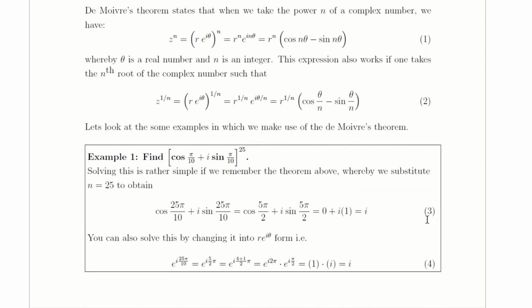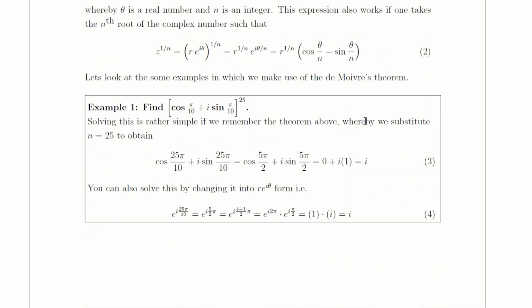So let's go to the first example. They give you cos π/10 plus i sin π/10, and the whole thing you're going to take to the power of 25. This looks very complicated. 25 is a huge number, and if you do not have De Moivre's theorem, things are going to get complicated. If you apply De Moivre's theorem, n equals 25, and I just have to multiply my angle, in this case π/10, by 25, so that I have this expression in equation number 3, where this is cos 25π/10